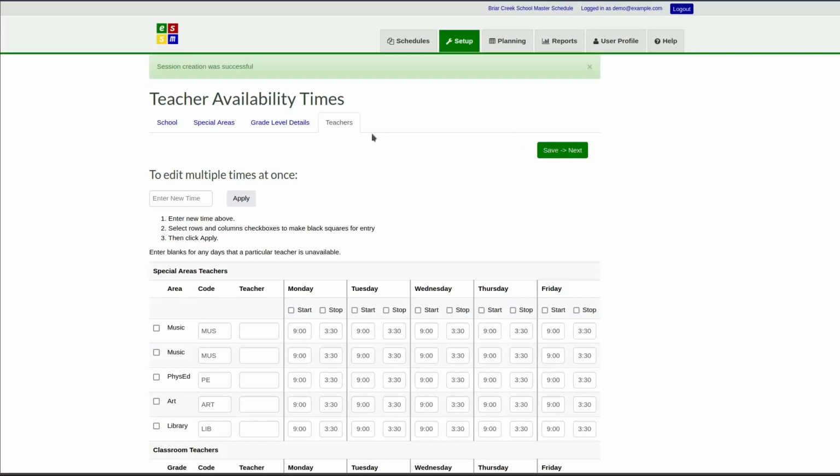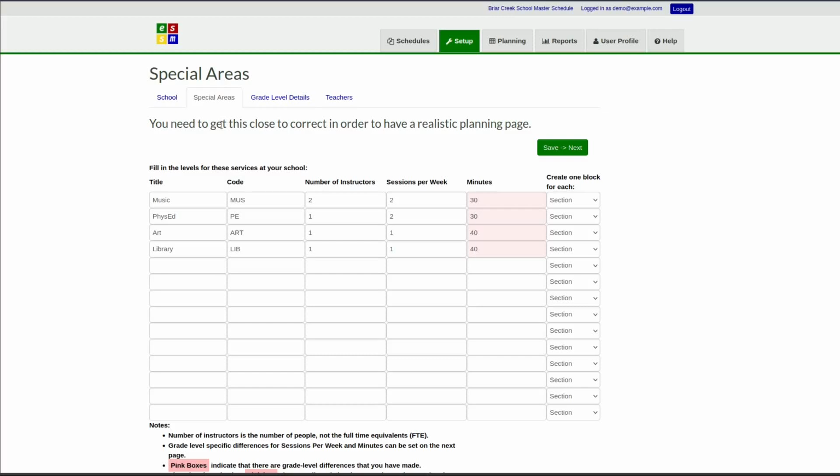And now we're on the Teachers Availability Times tab, and there's a number of things I need to tell you about here, but first I want to take you back to special areas and show you what happened in the meantime. So we made some changes, and now we have these pink boxes, and I want to explain what the pink means. On this, remember, the Special Areas tab is setting school-wide defaults,